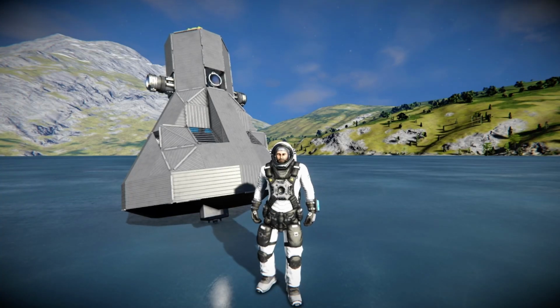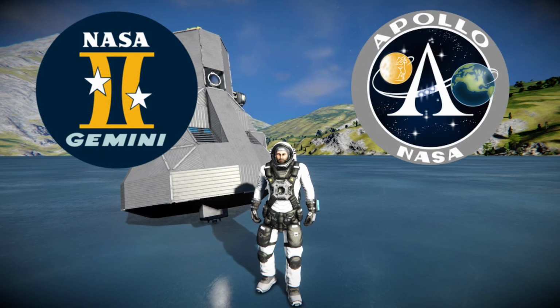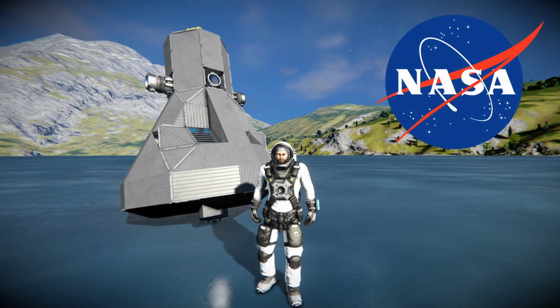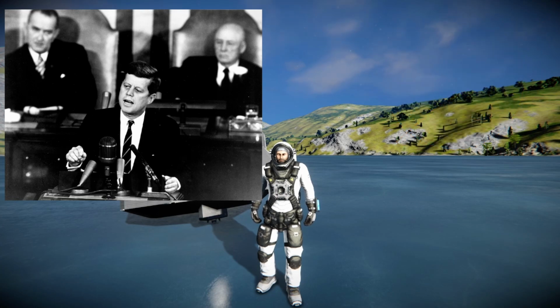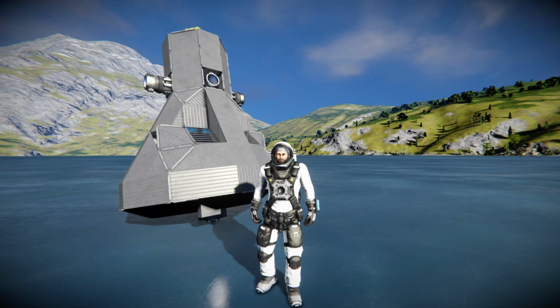Mission successful. These missions of the Gemini program really paved the way for Apollo and the moon landing. The Gemini program was the most important step in the space race. It allowed NASA to achieve the goal Kennedy set all those years ago. It's a testament to the people behind the program and what can be done. So this has been a history of NASA spaceflight covering the Gemini program, the Titan II missile, and the history of the Gemini project with this recreation. I hope you all enjoyed the video and the history